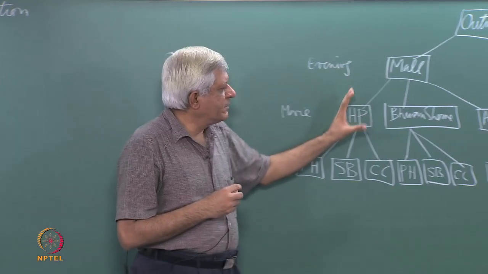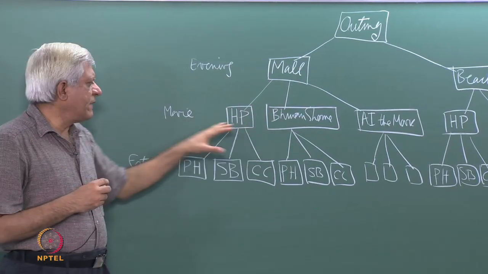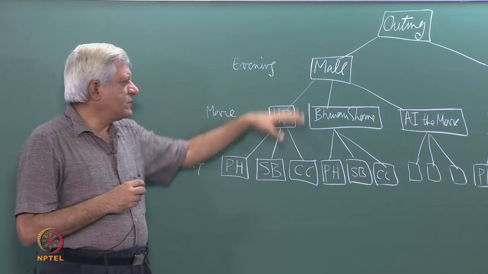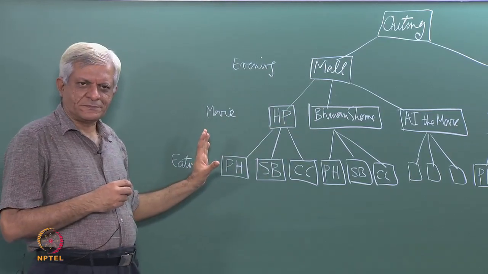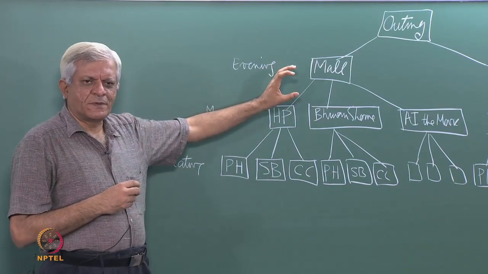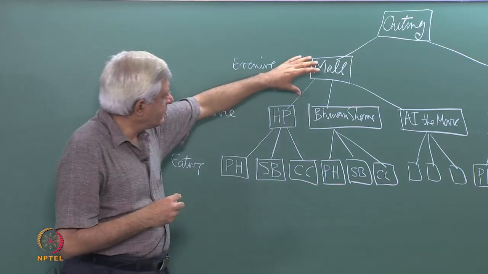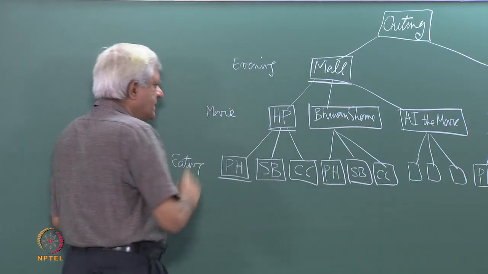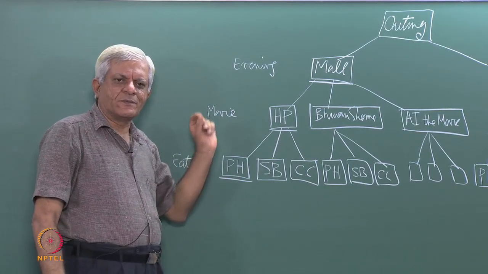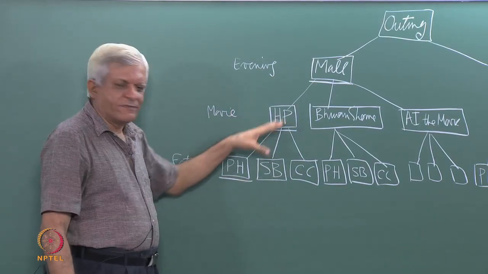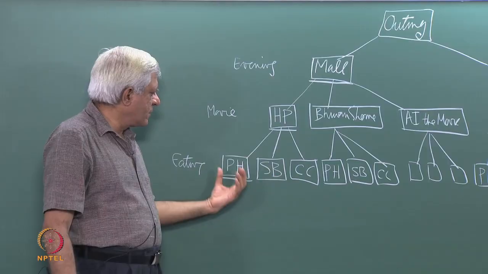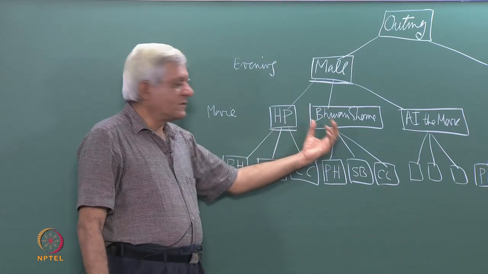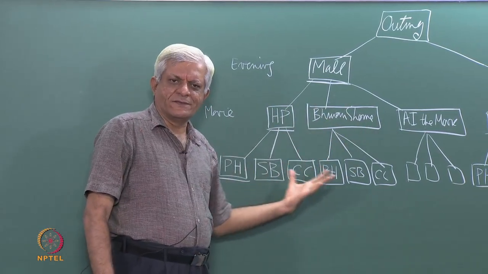So, because you explored the entire tree below mall, and I have drawn 3 movies and 3 restaurants, there could have been many more essentially, and there could be a greater depth. Because you have explored the entire tree below mall and it did not work, if mall was the problem, then you can see that in the first solution that you considered, which is mall, Harry Potter and Pizza Hut, if somehow you could figure out that mall is a problem, then you would not do all this wasteful work here trying to see okay, if not Pizza Hut then Saravana Bhavan, if not Saravana Bhavan then Cafe Coffee Day, and if not Harry Potter then Bhuvan Shom, if not Bhuvan Shom then AI the movie. All this work is wasted work essentially,